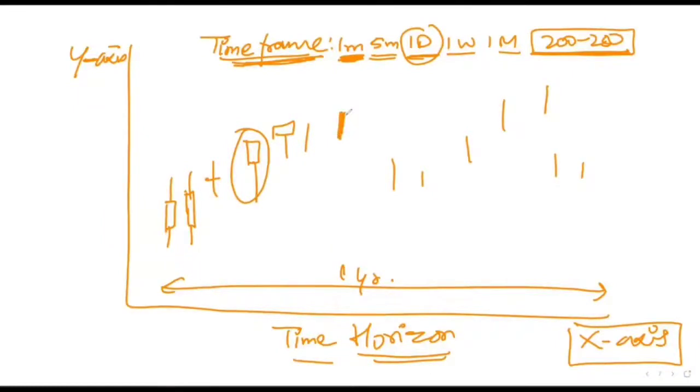See what happened. This was the open, high, low, and close of this day. This was, let's say, 19th August. And this represents a gap down. Can you see? This gap has been created in the candlestick pattern because it was daily data. This is basically 20th August, let's say. So please understand, every gap in technical analysis is considered to be filled eventually. This is a success mantra in technical analysis, I'm telling you. There's something called gap theory, which says that if a gap has been created, sooner or later the gap will be filled up.